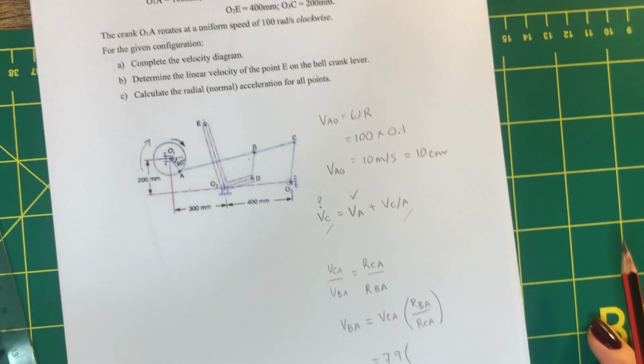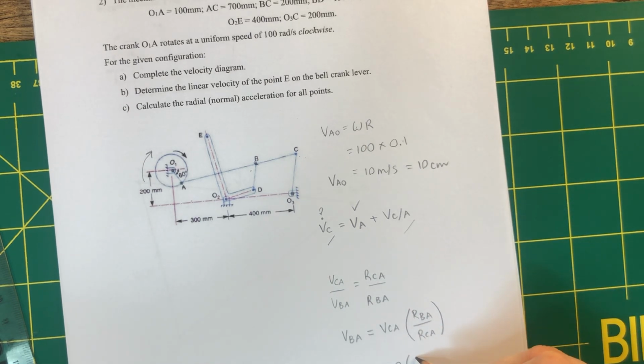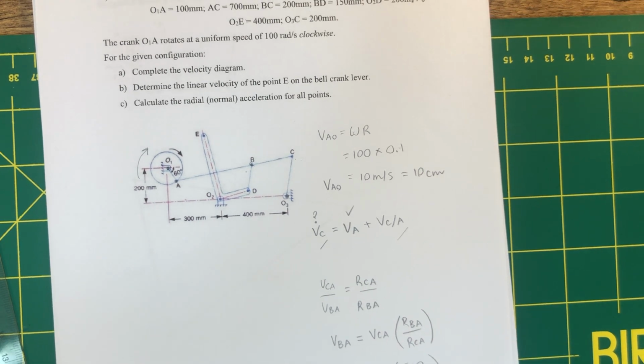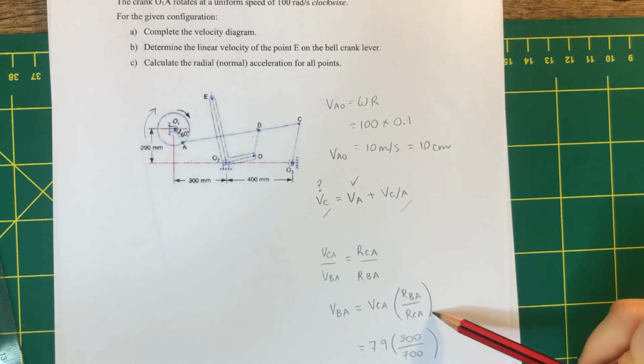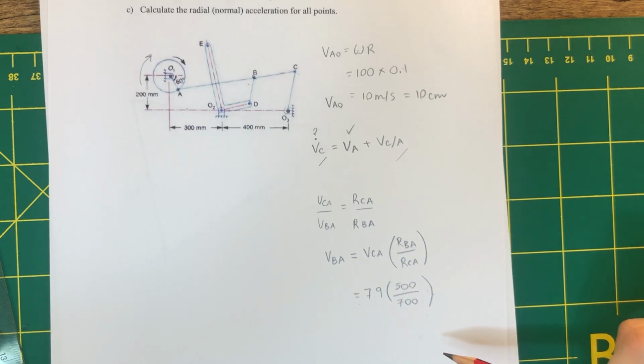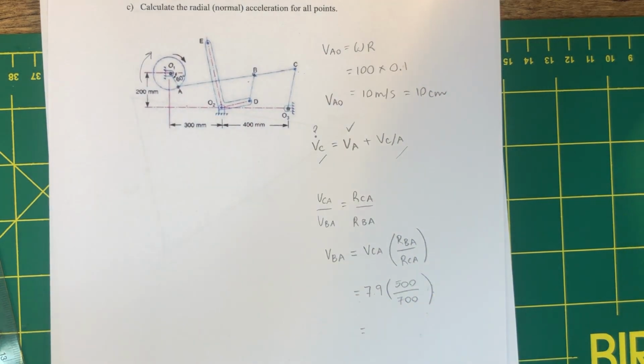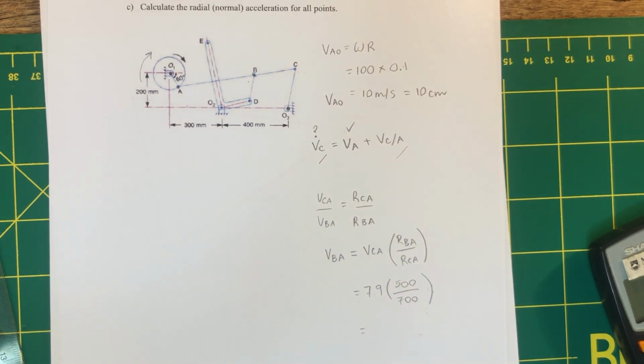So BA I can calculate from what's given, so this will be 500 divided by CA, which is 700. I don't have to convert those to meters because I'm using a ratio, so the units will cancel each other. So if I do this calculation, 7.9 times 500 divided by 700